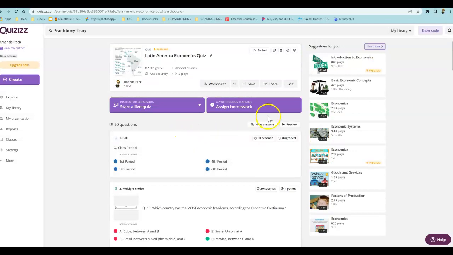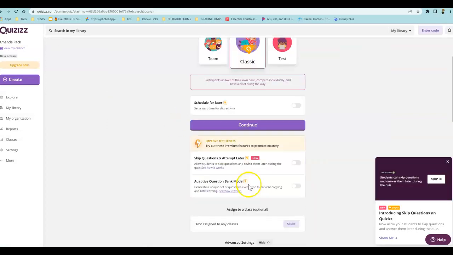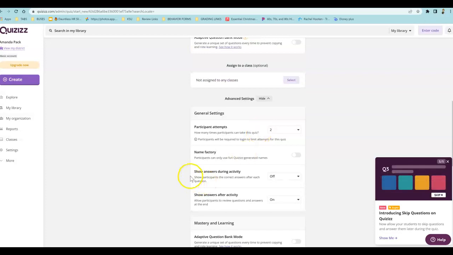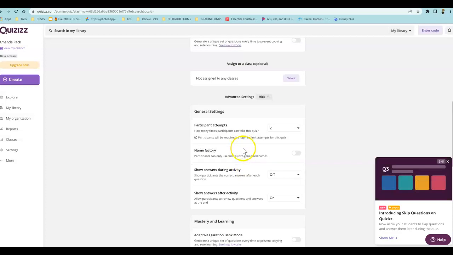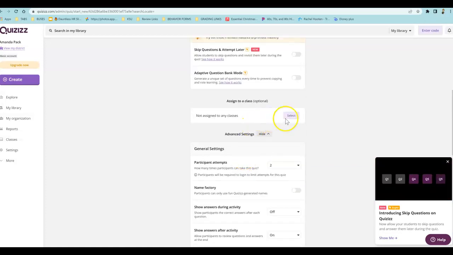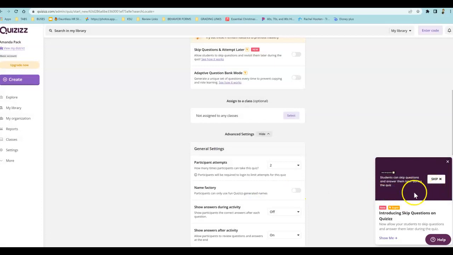And what happens is, if you start a live quiz, you have all of these fantastic individual options that you can provide for your students. At the end, you can tell it whether or not to play silly memes. You can assign it to a class on Google Classroom, and it comes out looking something like what's over here